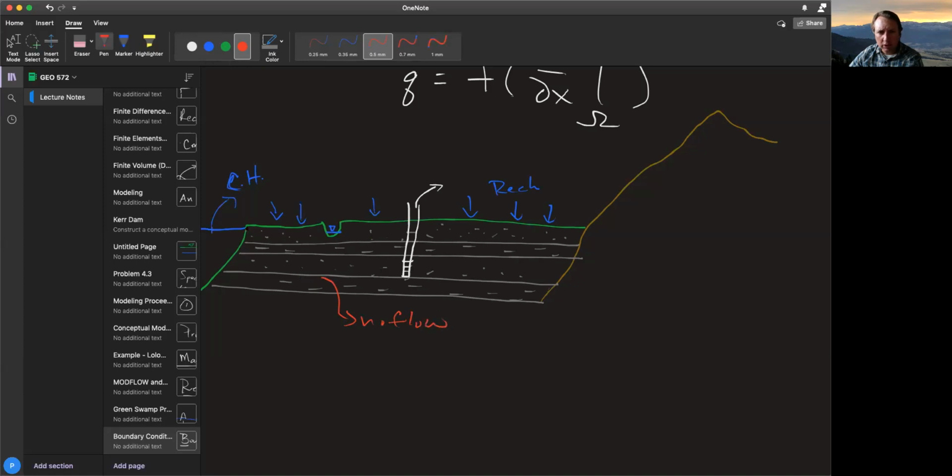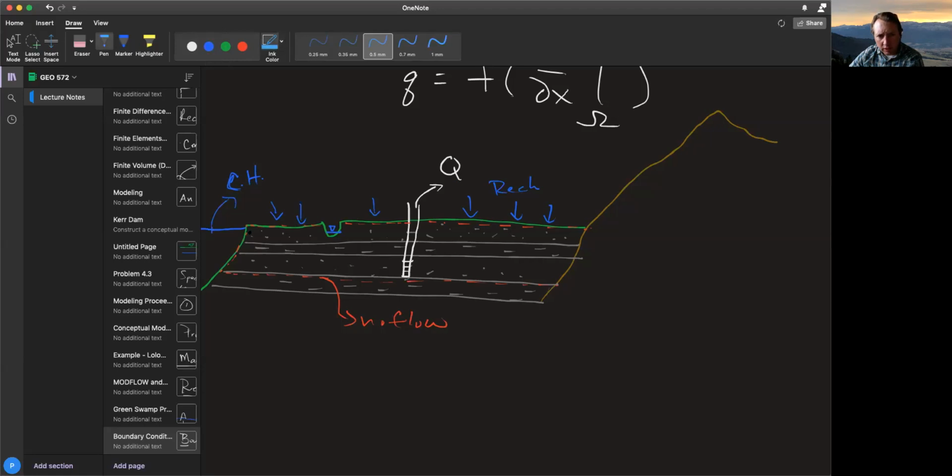So now I'm starting to sketch a little boundary here where I've got constant head, I've got no flow, I've got recharge, I've got this pumping. And then over here,